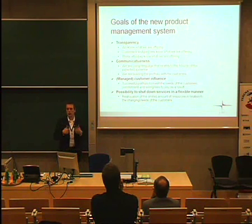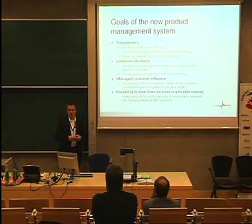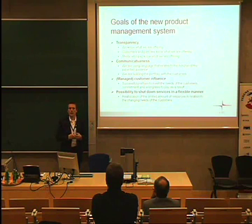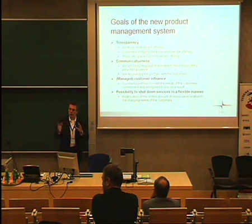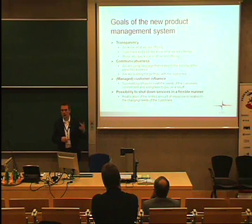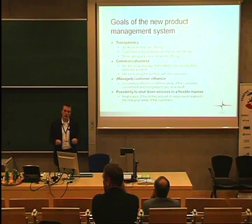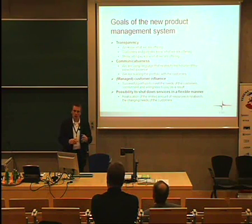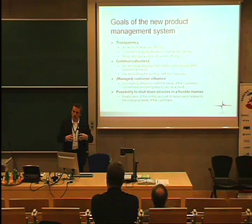Then we realized that there's a certain need for another type of system that would need to be transparent for us and outsiders, that would need to be communicative in a way that it's not just internal, it's also supporting customer communication, so that when we approach someone, that audience is on track with what we are trying to say. And as a result, we would have, putting it in brackets, managed customer influence, because you don't want customer influence in a way that they decide fully what you do, because then you will soon be in problems, but that you will have influence, you can process it in a managed manner,